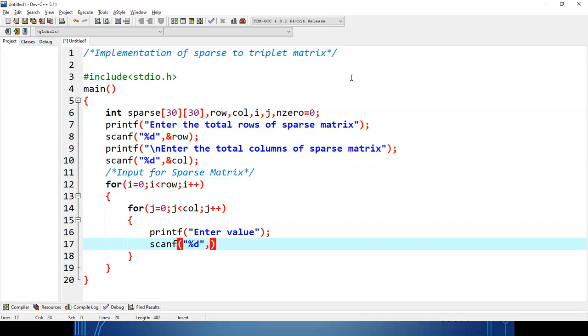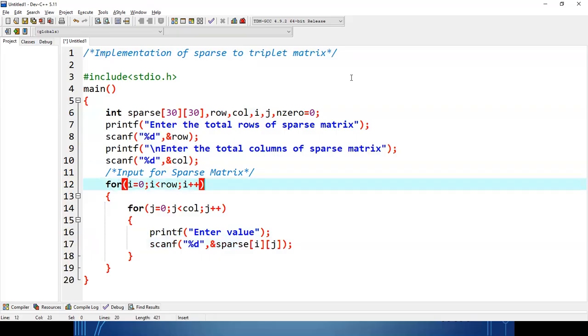So whatever the input the user will provide, that will be stored in the sparse matrix. Okay. So i equal to 0, i less than row, j equal to 0, j less than column, and we are storing the value. Clear?